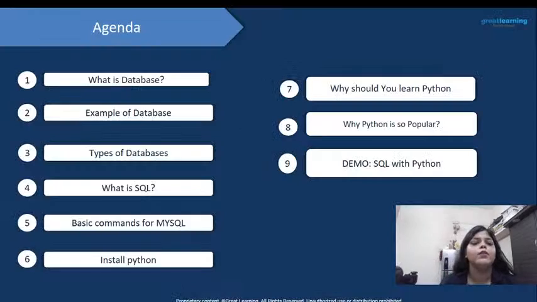Okay, so let's have a look at what we have in today's agenda. Today we are going to do SQL with Python. As we all know, SQL is one of the most used database management systems, and Python is one of the most used programming languages. So in this agenda, we are going to cover